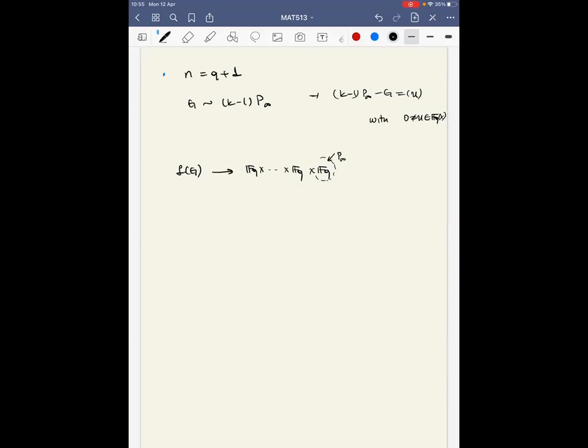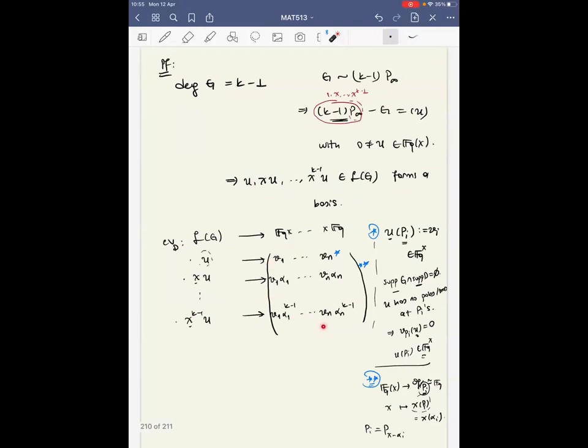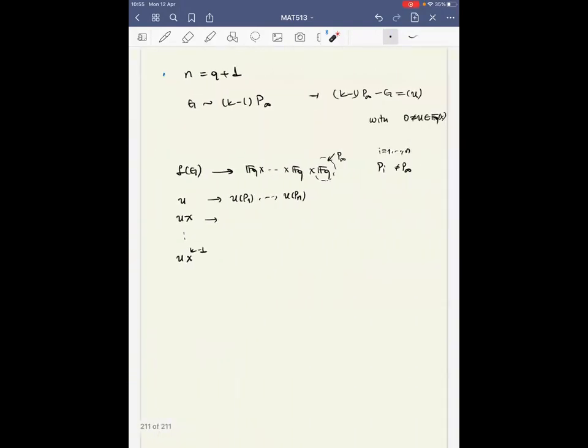And in this case, again, let me consider the basis of the Riemann space L of G. And for P_1 up to P_n, when the P_i's are different from P infinity, we have similar evaluation like in this case. But for the last component, for the evaluations at P infinity,